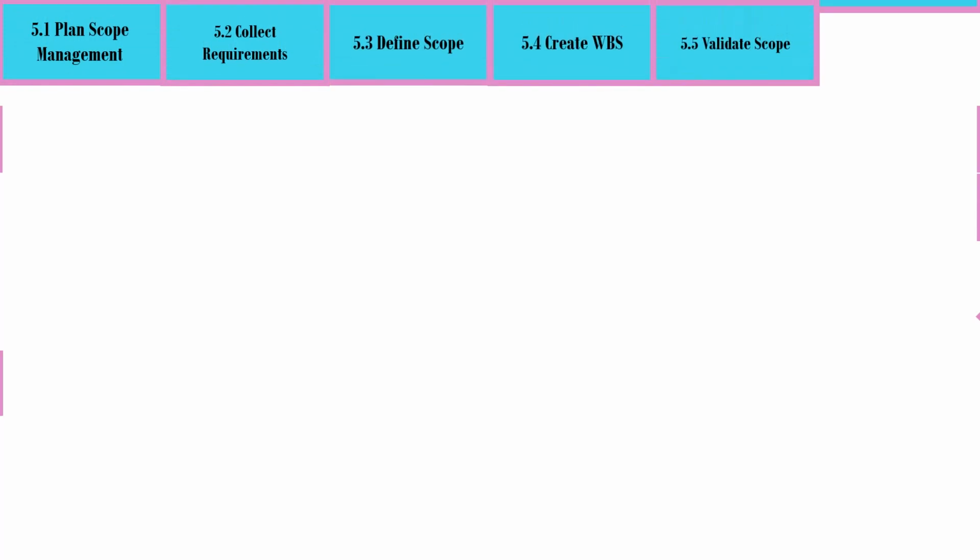Inputs of project scope management. Project scope management has the following processes: plan scope management, collect requirements, define scope, create WBS, validate scope, and control